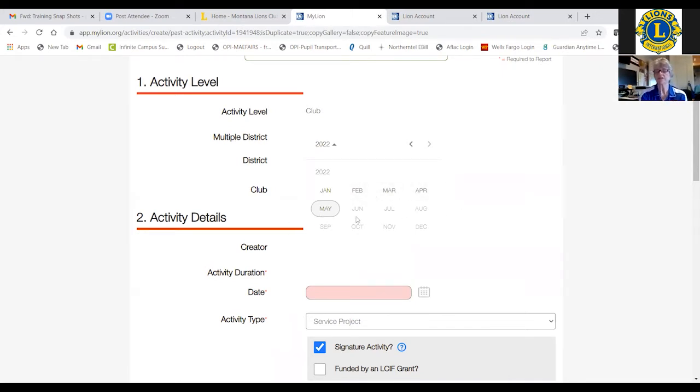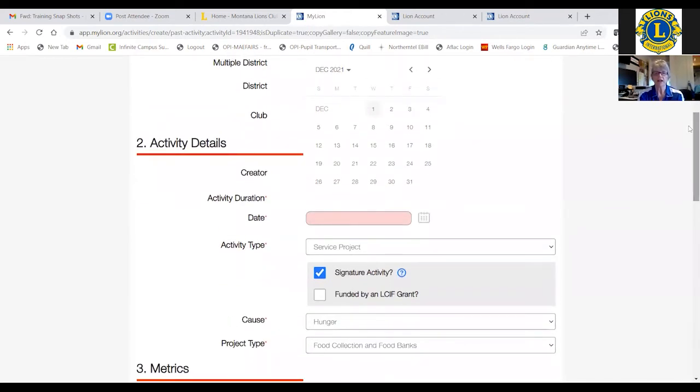So if you want to do something that's going to happen in June, then you show that as a future project. But you simply can report up to the month you're in, and you can go back as far as that fiscal year goes. But that's the only time frame that you have access to do. So I'm going to say, well, we're behind. So I'm going to do our December meeting,